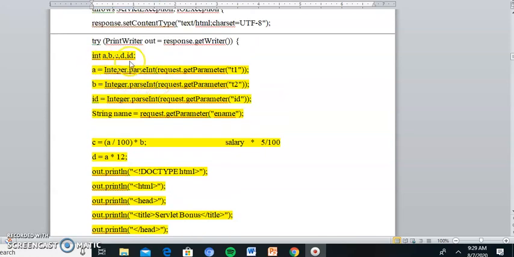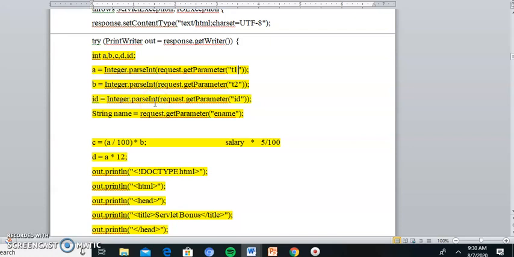And then here you have to declare int a, b, c, d, and so on. T1 and T2 are the text boxes we are getting here, the first 2 text boxes. T1 is the salary that is stored in variable A, and T2 is the bonus percentage that is stored in B. How will you calculate the bonus?